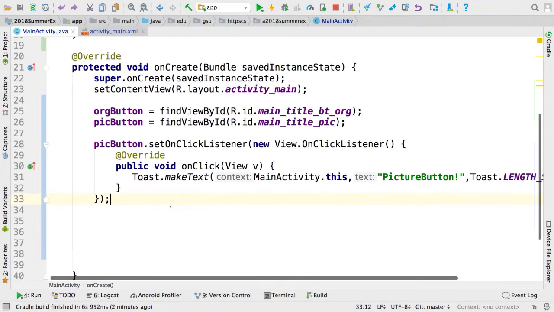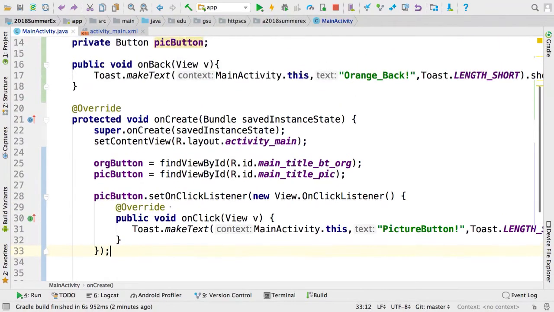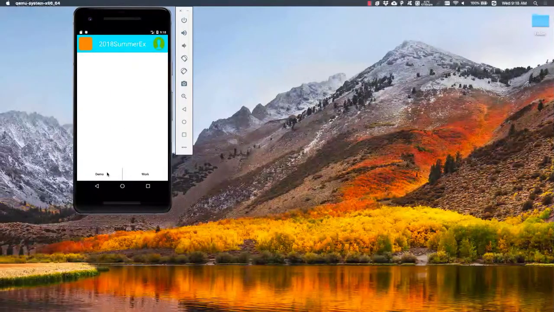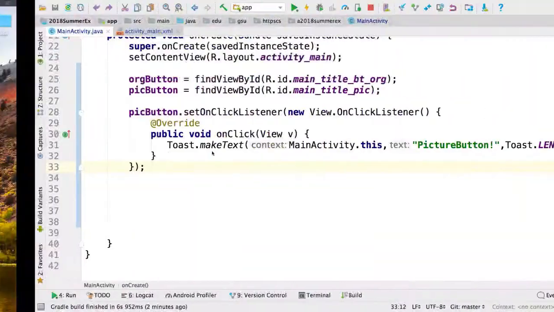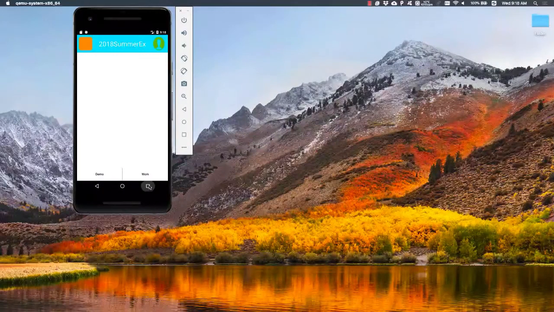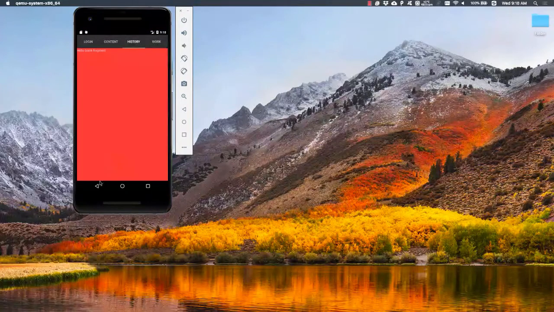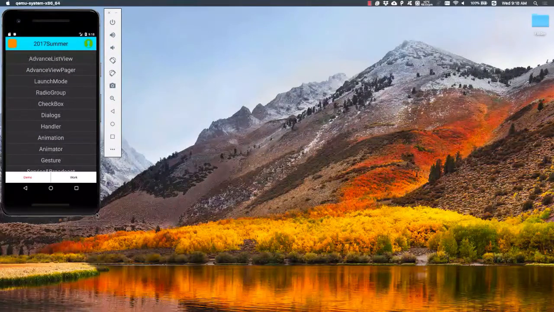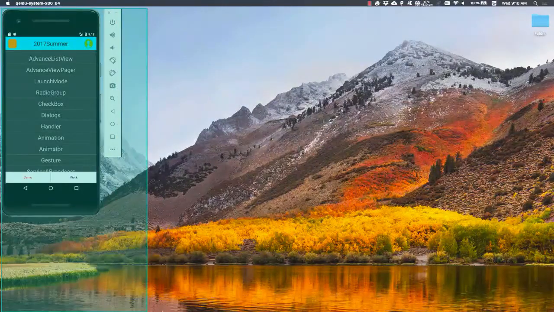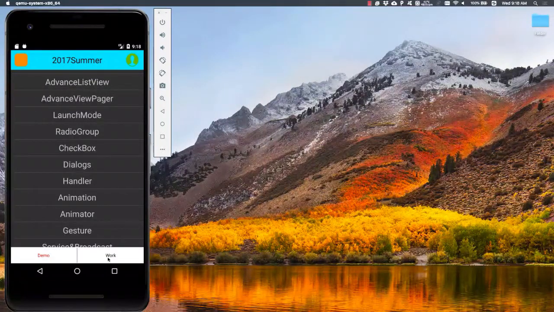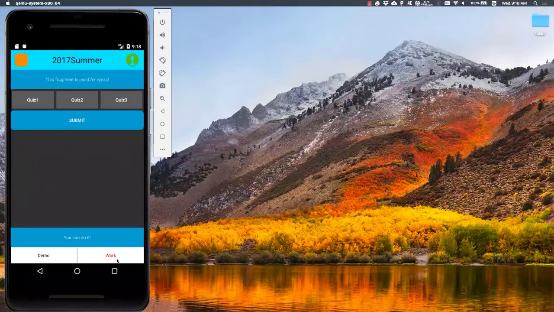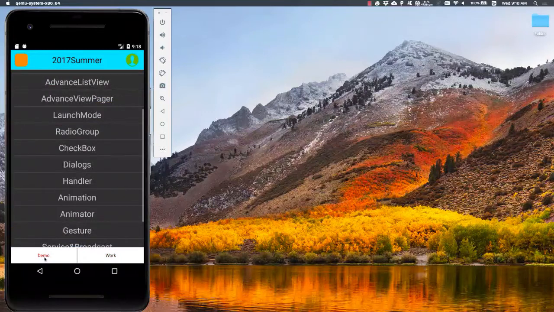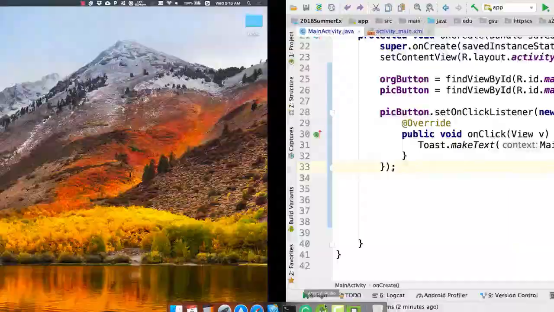So that's two ways to set a listener for a button. And we do have two other buttons, demo and work. If you want to switch the button like this one, currently this button is red. If you click work, then work changes to red and the demo recovers back to black. Then we can switch between red and black. So to